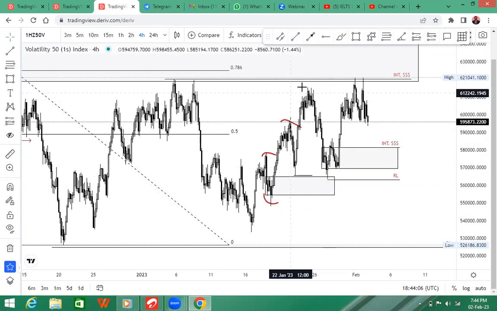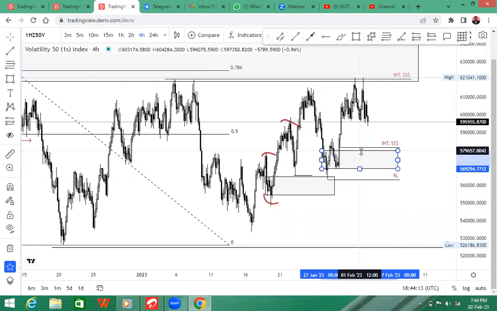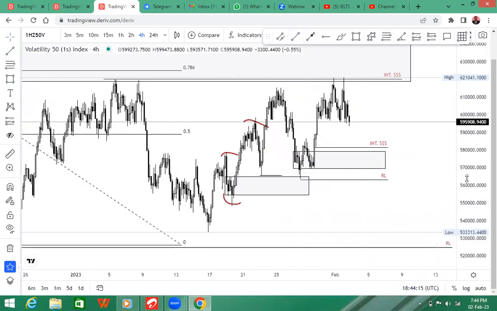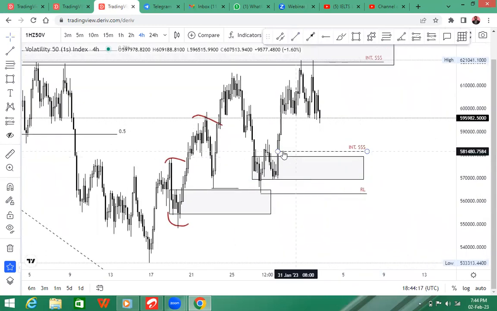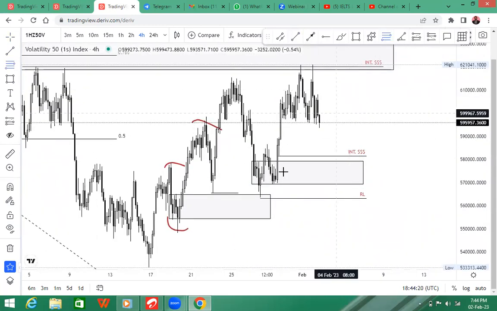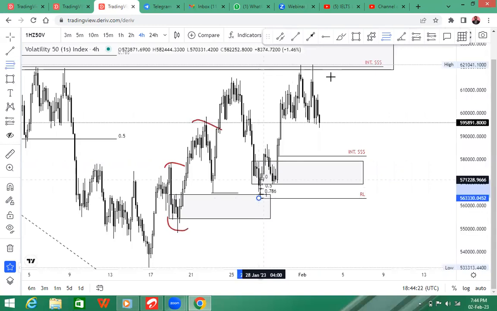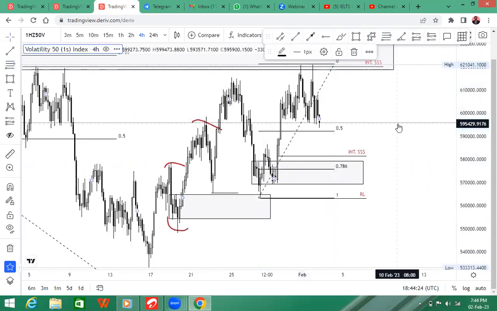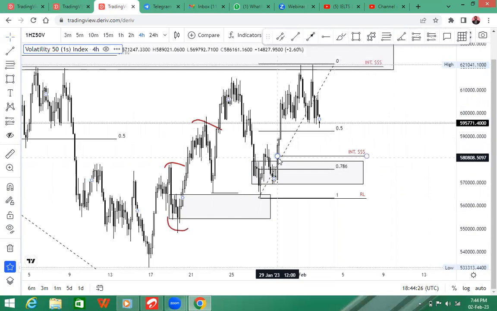So now price came here and has broken this high. So this becomes your next entry. And if I bring this, there is internal liquidity around that place. If I capture my fib from the lows to the highs, you can see it's below. It's just the major move that is below 50%. So price should capture this internal liquidity, trade into 78.6, and then you can see all of this double top